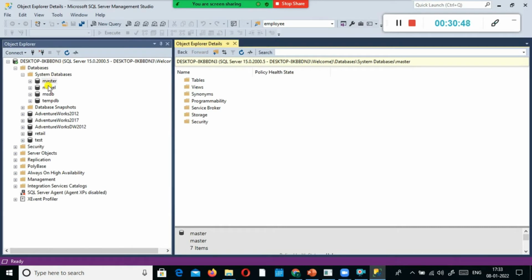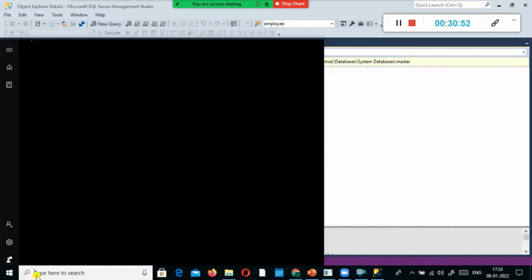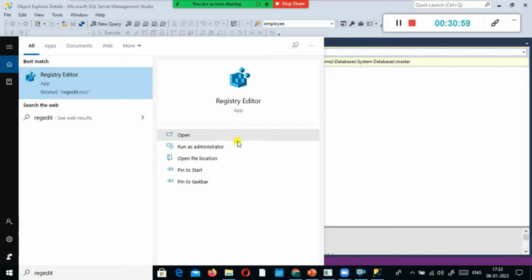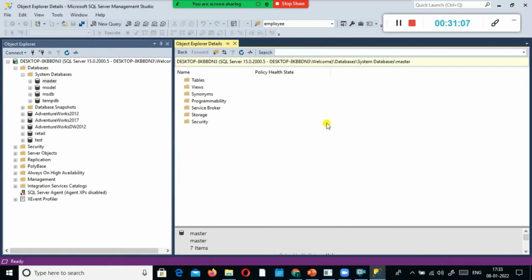It is something like in Windows. We have regedit, isn't it? If you delete it, what will happen? First of all, it will not allow you to delete it, right? In Windows, regedit stores all the system related information. Same way in SQL Server, it stores all the system information in these 4 different databases. These are system tables.